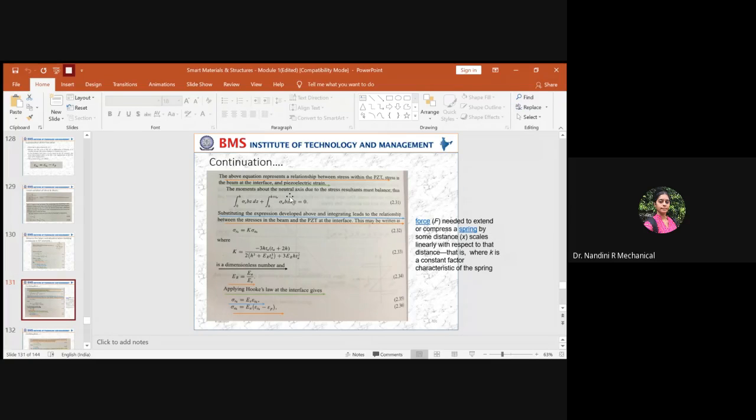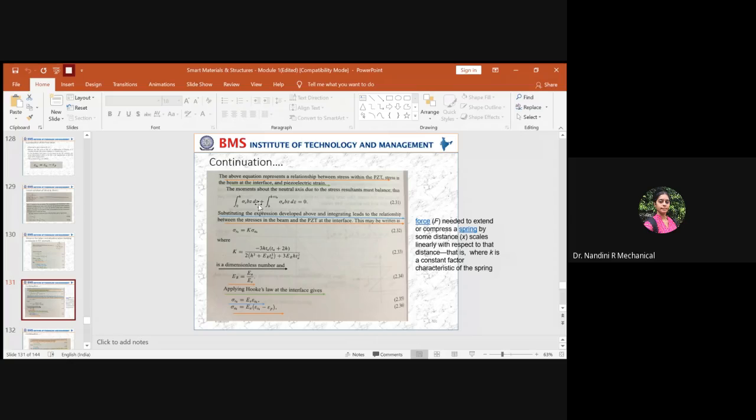So due to the compression and the tension, the stress and strain is generated in both parts of the structure, but the effect of both gets nullified across the neutral axis, and hence at the neutral axis the stress resultant will be balanced. Due to this aspect, you will develop the moment across the neutral axis, and hence this is the equation.